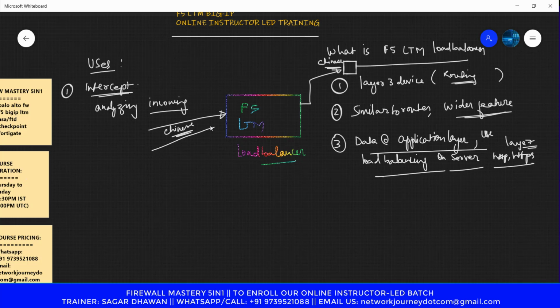What if now the request is coming from a French user? Now F5 will not send the traffic to the Chinese server. Instead, it will send it to another server which has the French database, right? So the load balancer is intercepting your incoming traffic. It reads what type of traffic is coming inside F5 and to whom it has to be forwarded.